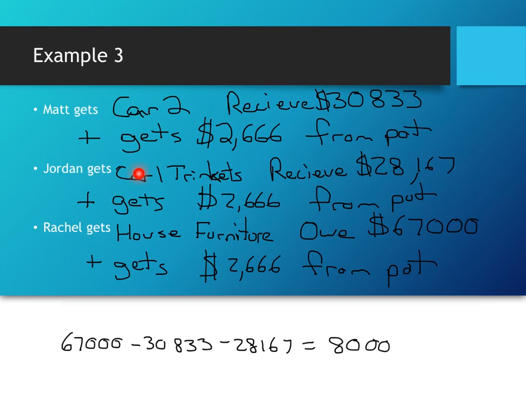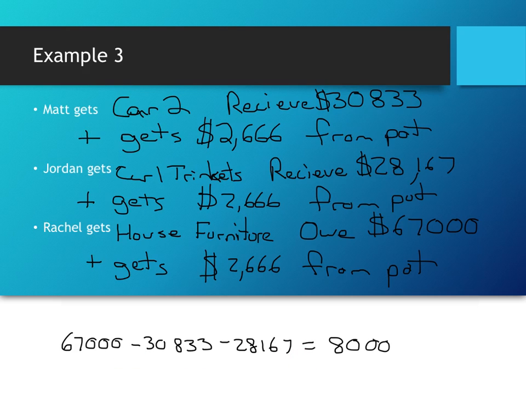And Jordan has the car, the trinkets, and this amount, and that adds up to 1/3 of the value he got. And when Rachel got the house and the furniture and spent $67,000, she ended up with gaining 1/3 of the value. So basically, each person gets 1/3, plus, because of the way that the pot works,